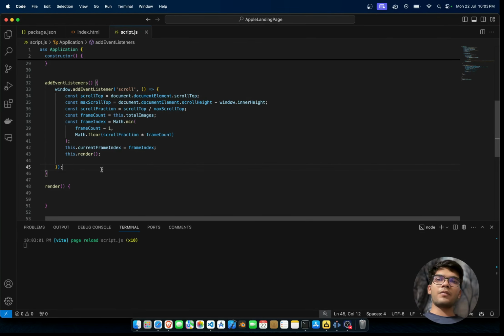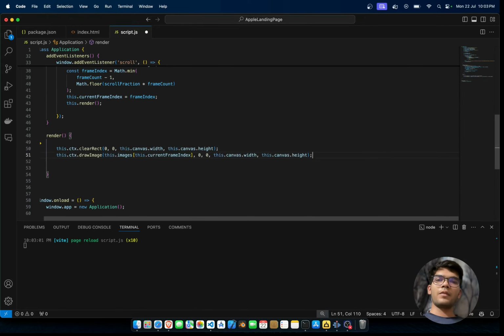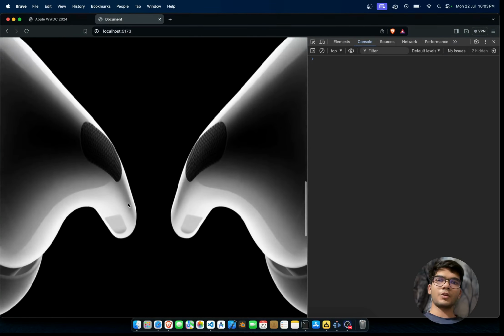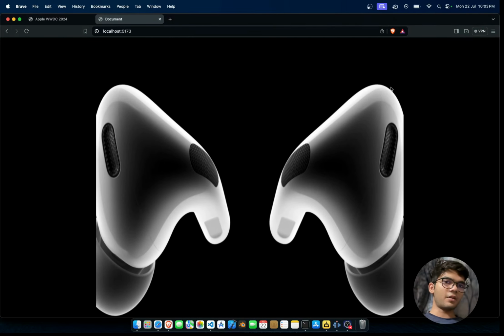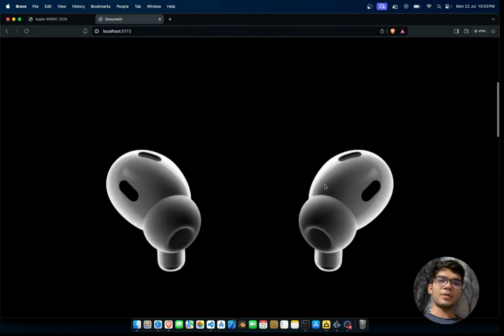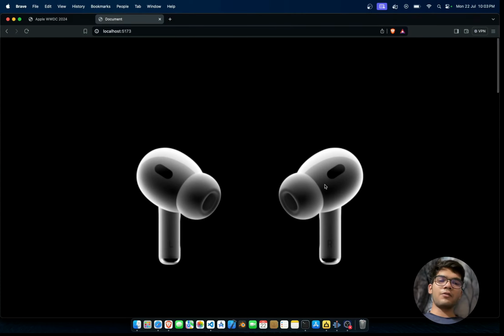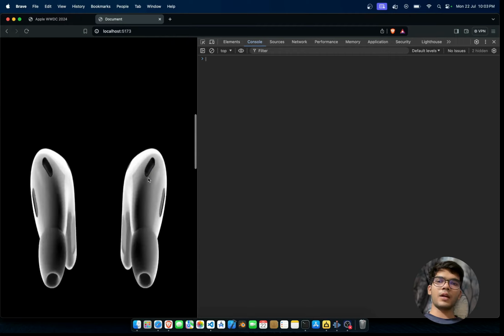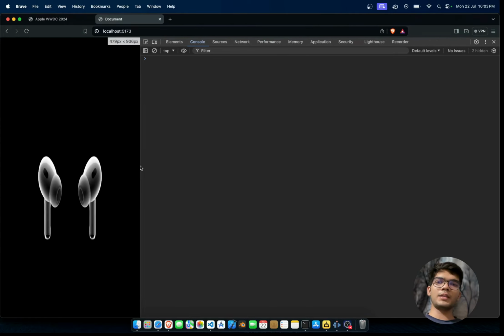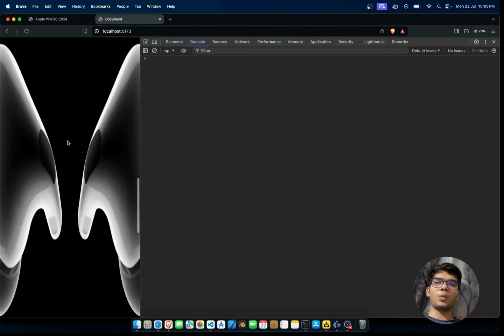All right, so now our frame is done. Now let's go over to our frame and let's just draw this. Okay, there you go. And now it's already working pretty fine, as you can see over here. But if we reload it now, as you can see, it squints a little bit, right? Now we don't want that. We need to be